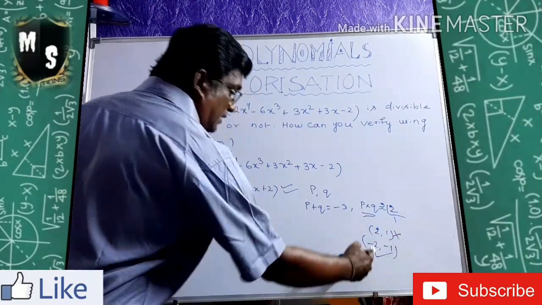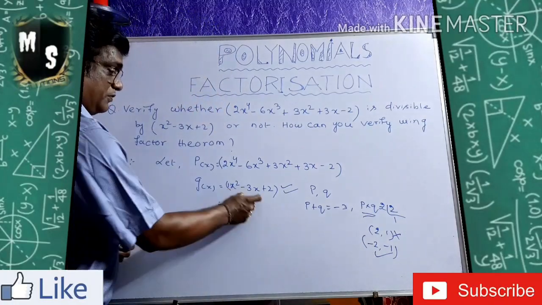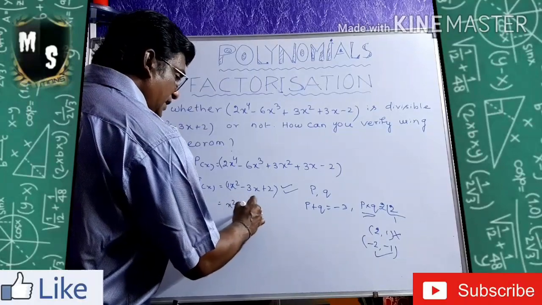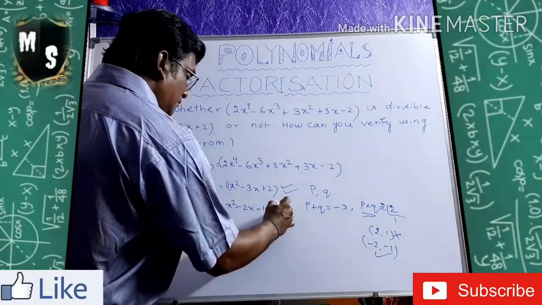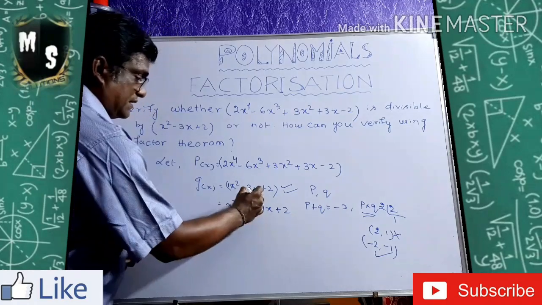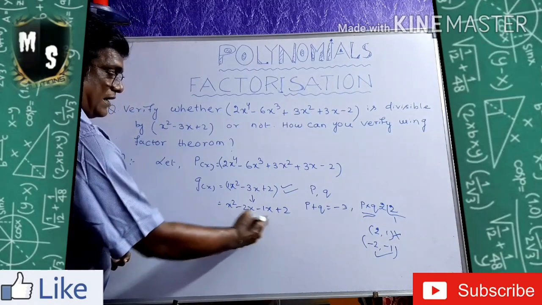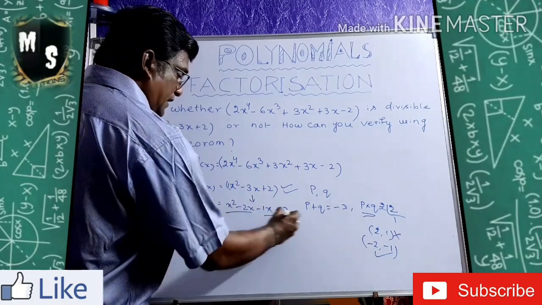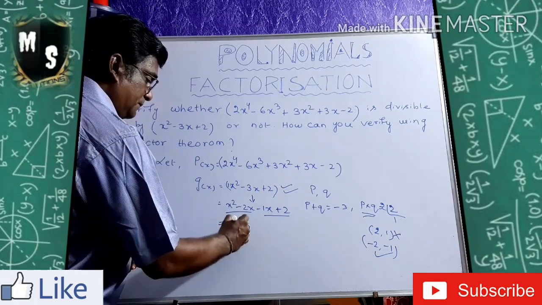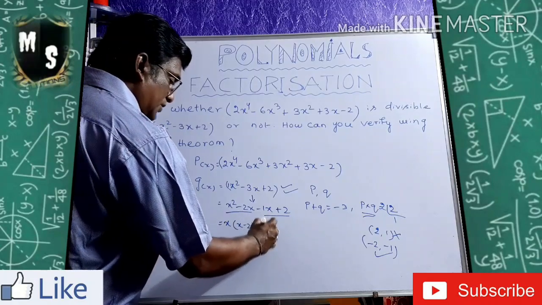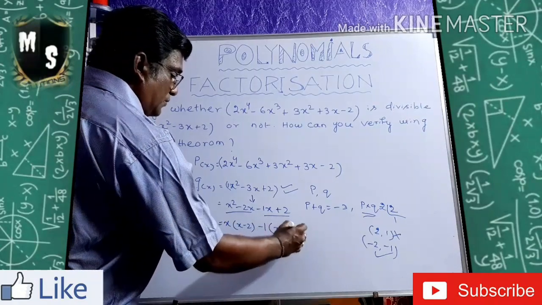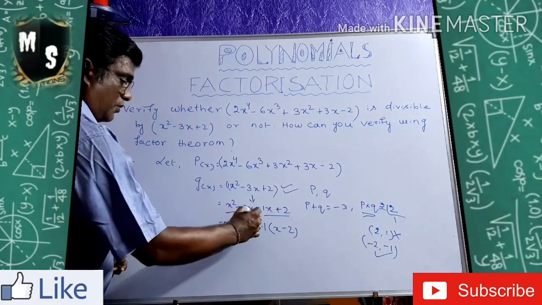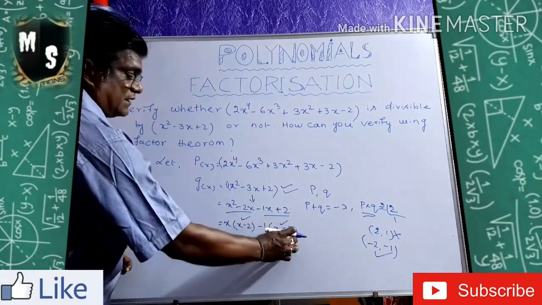So these two factors are the perfect factors to split the middle term. Now what is it? x square minus 2x minus 1x plus 2. See now, my 3x has been split into two terms, that is minus 2x and minus x. Then take common from these two, and take common from these two. Here x is common, so it is x minus 2. Now minus 1 is common, so it is x minus 2, because minus into minus is plus. So look, both are coming the same, x minus 2 and x minus 2.